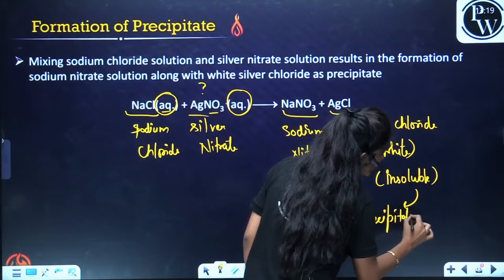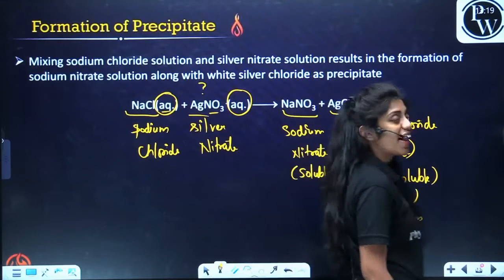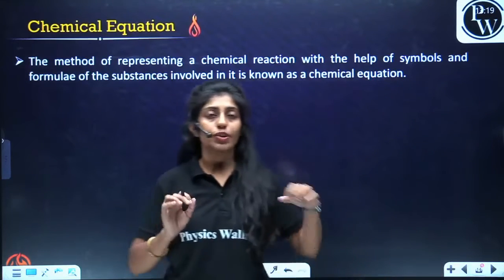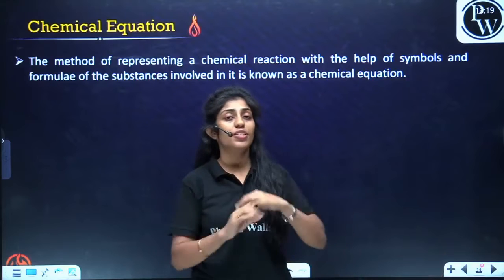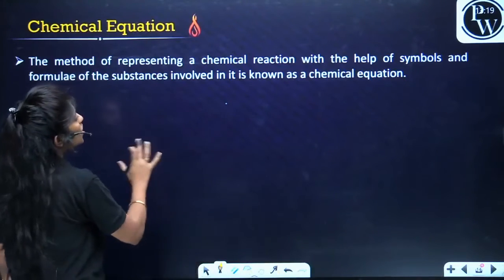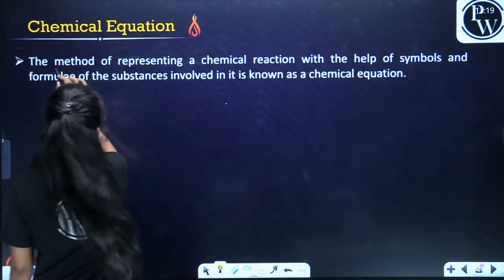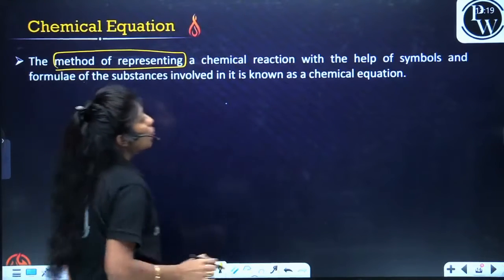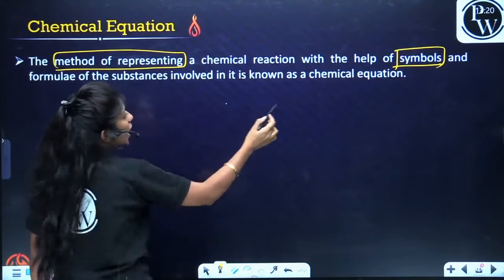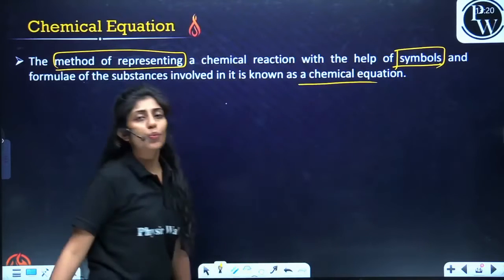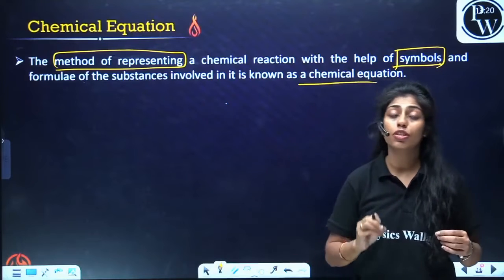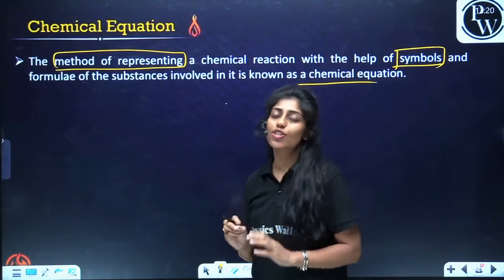So are we good with the characteristics of chemical reaction? Great to go. Now we have chemical equation. Of course, we have already done the characteristics of chemical reaction. Let's discuss chemical equation. A chemical equation is a method of representation. What kind of representation? Symbolic representation of a chemical reaction is known as chemical equation. So simply you can say a chemical equation is the symbolic or mathematical representation of a chemical